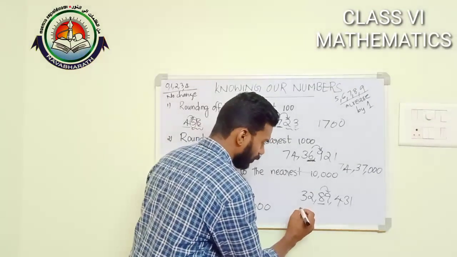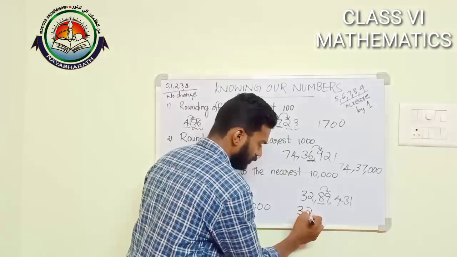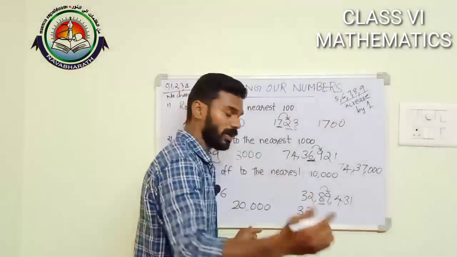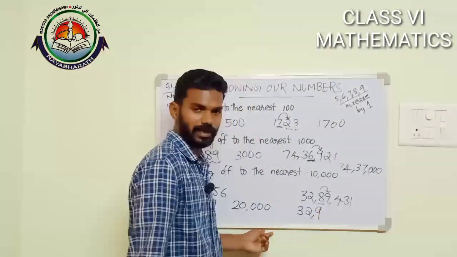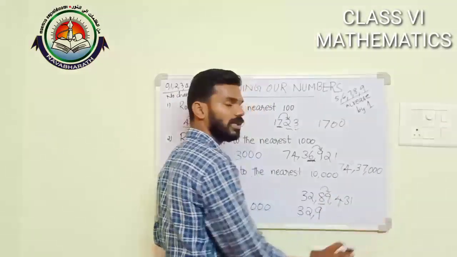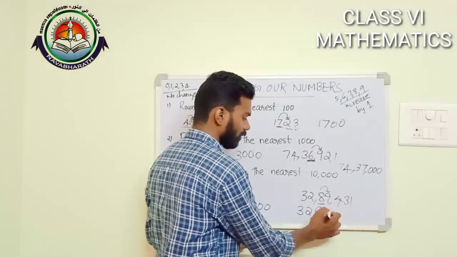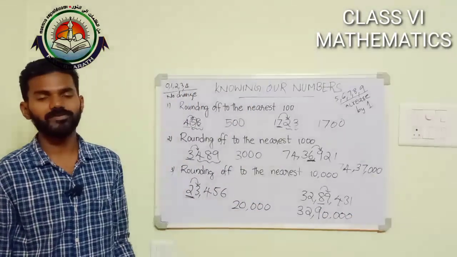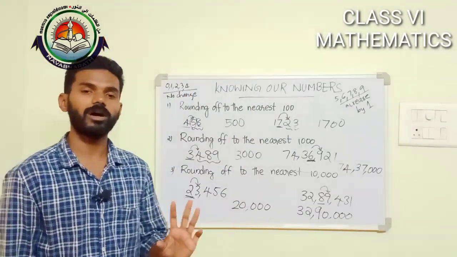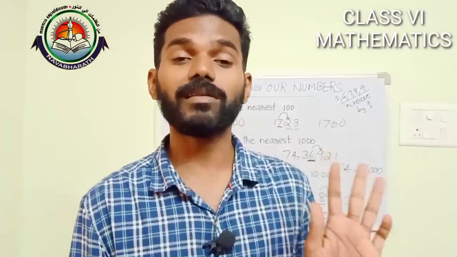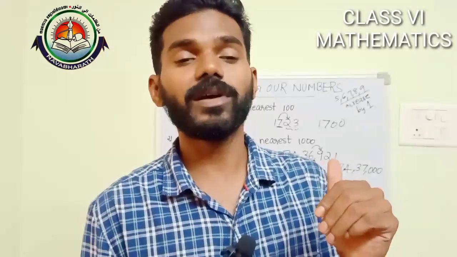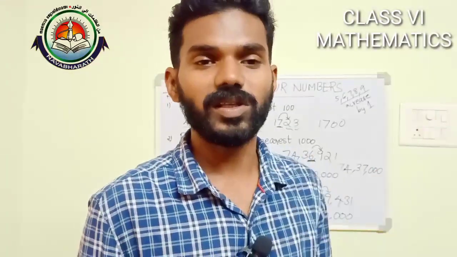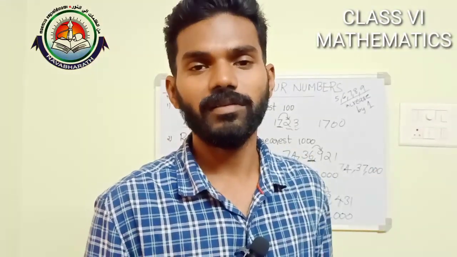So that it would become 3, 2, then there is a comma. After that this 8 is increased by 1, 8 would become 9. Then all the remaining digits 0, 0, thereafter a comma, 0, 0, 0. This would be the round off value. So I hope you are clear about how the rounding off of different numbers to the different places can be done.